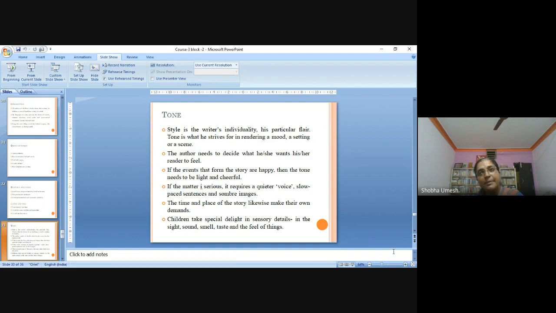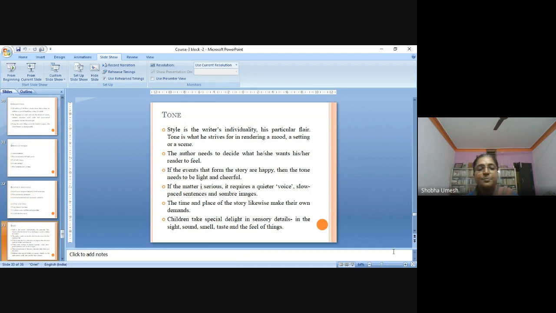See, time and place play a very important role in the story, because of whom you're writing for. If you're writing an incident which is taking place in the forest, the whole storyline should go on in the forest itself. Or if it is on a rainy day, you should describe the weather and explain what happens on that particular day. In such a way, time and place play a very important role in the story.